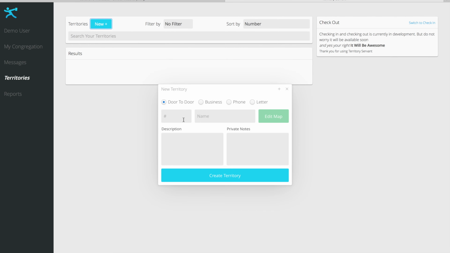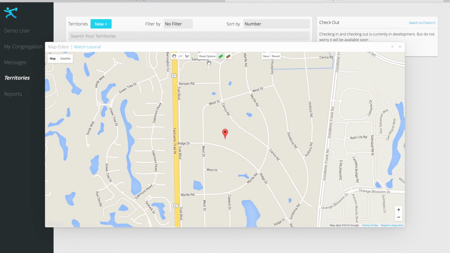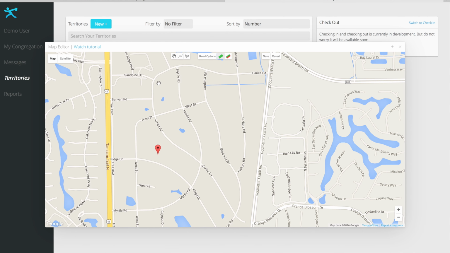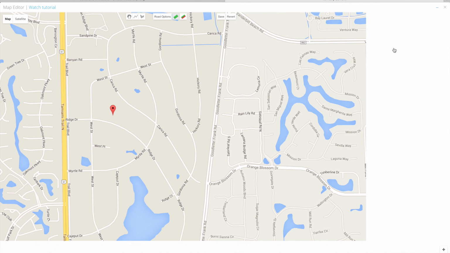Okay, so we have a couple options. We can select the type of territory that we're going to create. Right now we're going to do a door-to-door. We're going to give it territory number 1, and we'll just call it Test Territory. And we're going to give it a map. And what we're going to do is this Karika Road here, it wraps around down here. We're going to do Karika Road, and we're going to do all these streets inside of it. So let's open up our little map here,